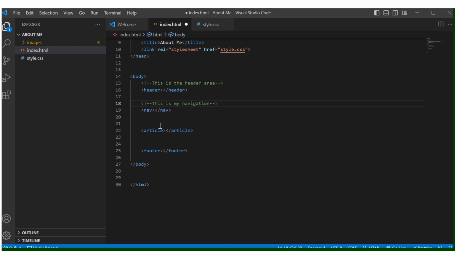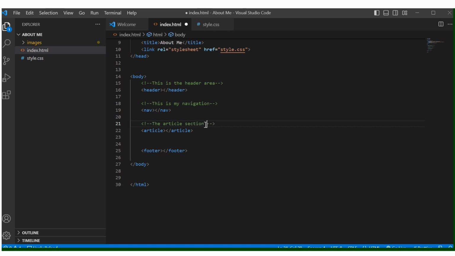Navigation, because sometimes it's really good to be writing or commenting what you have done so that somebody else could read your code, and if something wasn't doing what it was supposed to be doing, they could look and go, I think this could be it. I don't want to write article here. I want to write this, the article